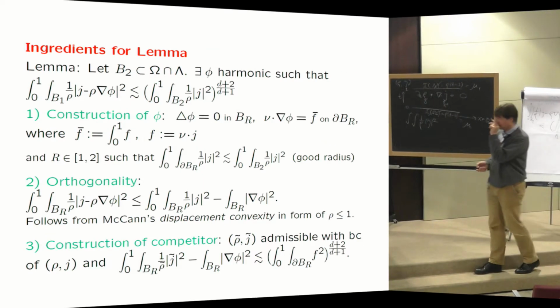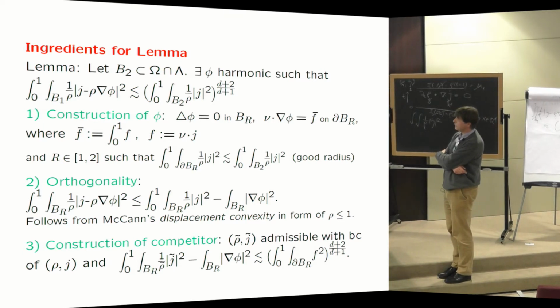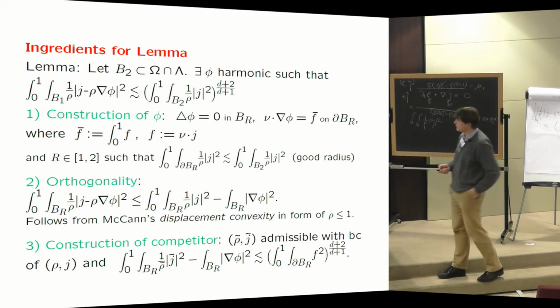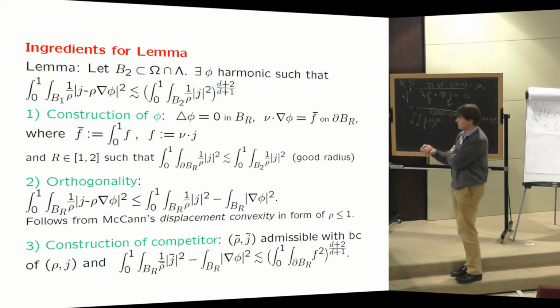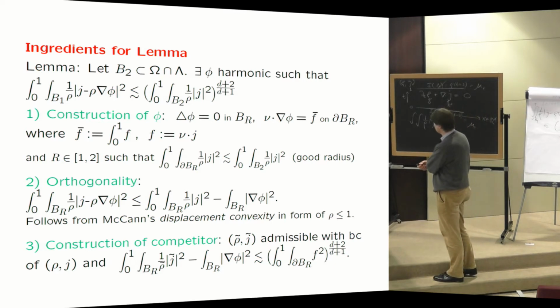Okay. So the ingredients for the lemma are the following. So here again, I recall to you the main part of the lemma, this kind of superlinear estimate of the energy difference between optimal transportation and the Poisson equation, superlinear in the sense that this exponent is larger than 1. So how do you get this? Well, first of all, as I said, it's a completely constructive proof. So you have to construct this harmonic function. So how to construct this harmonic function? By